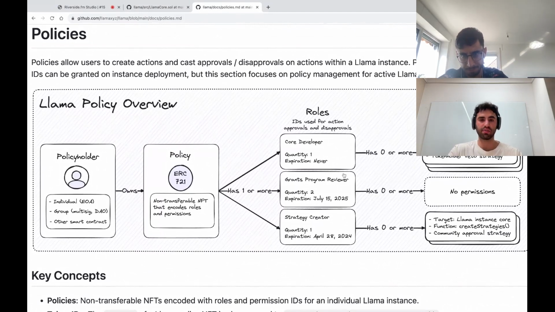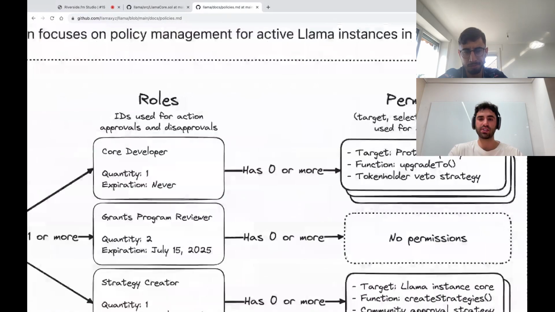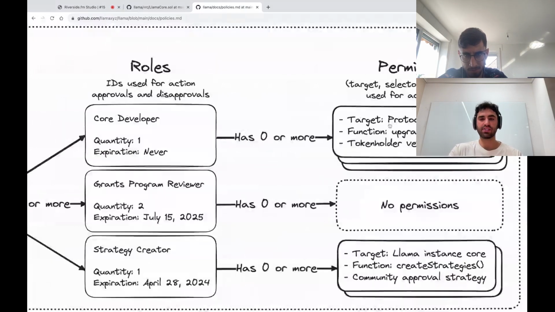So you can think of roles. We have core developer and grants program reviewer and strategy creator here, and then permissions are this target, selector, strategy tuple that's used for action creation. Maybe the core developer has a role that allows them, on some proxy contract, to call the upgrade function with the veto strategy.